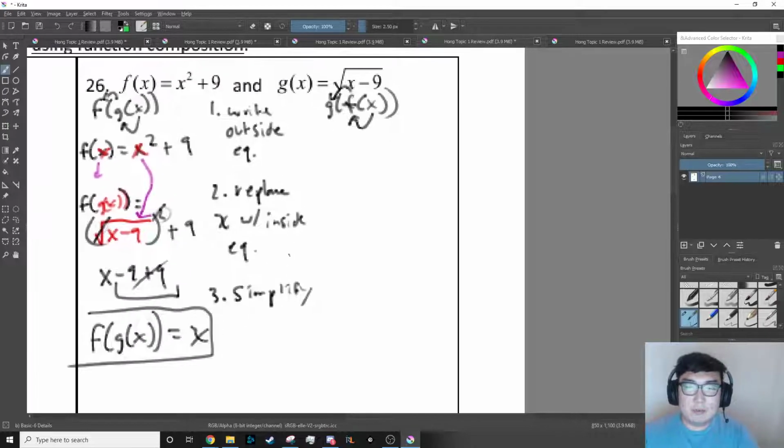Let's do the right side. So I'm going to write my outside equation, which is g of x is equal to square root of x minus 9. So if I want to make this g of